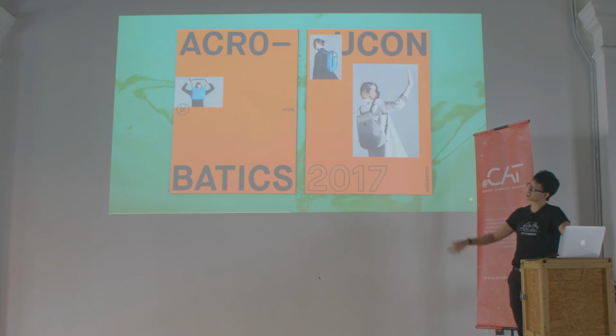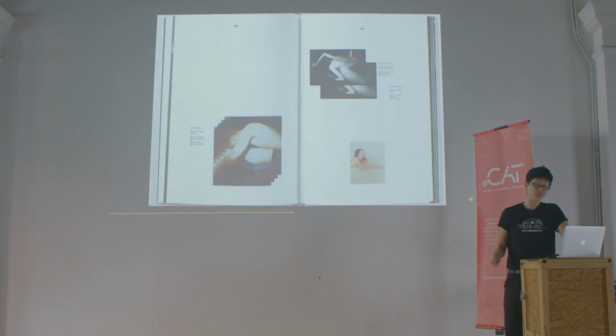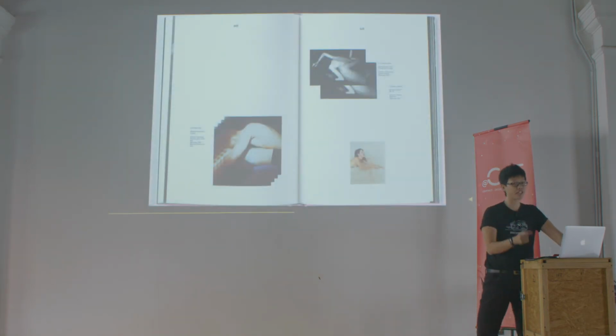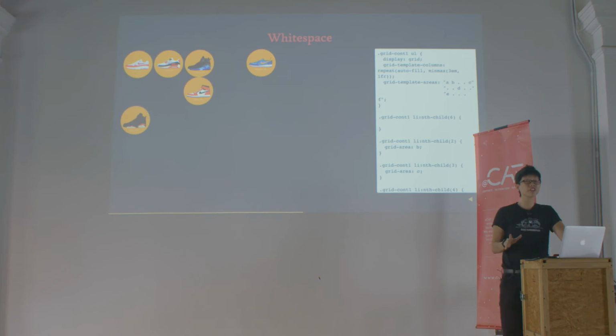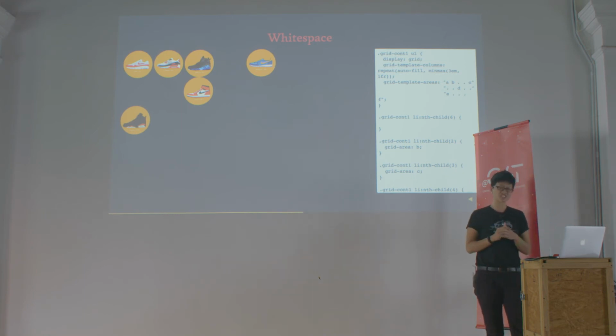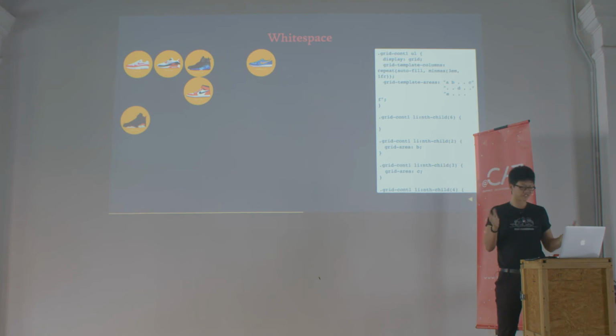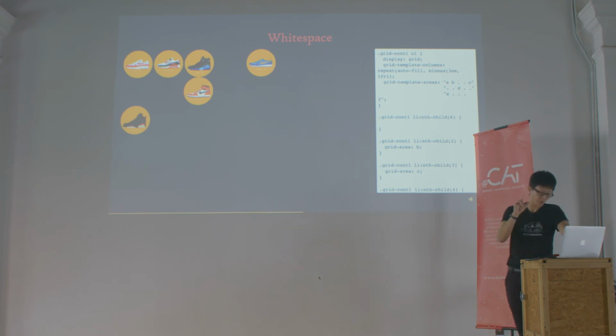And with the manual placement of grid items, there are a lot more interesting things we can do, one of which is vertical white space. The use of white space is important when it comes to layout design because it serves to balance the layout and bring focus to important content. In the pre-grid era, every HTML element had to be rendered one after another. And to achieve some semblance of vertical white space, we had to use things like, I don't know, spacer GIFs, other creative hacks. But now, we can place items wherever we want on the grid we define.